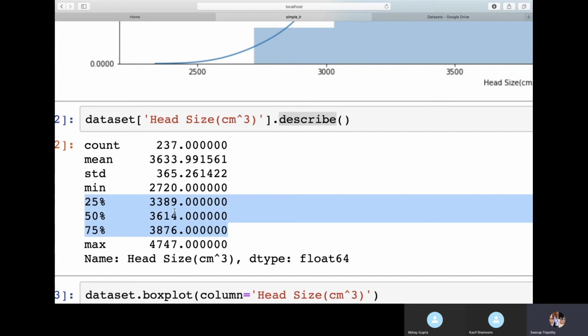Now here, if you see the minimum value and the 25th percentile, the 25th percentile is 3389 and the minimum value is 2720. So the distance between them is somewhere near 500. Again, looking at the 75th percentile and the max value, the 75th percentile is 3876 and the max is 4747.